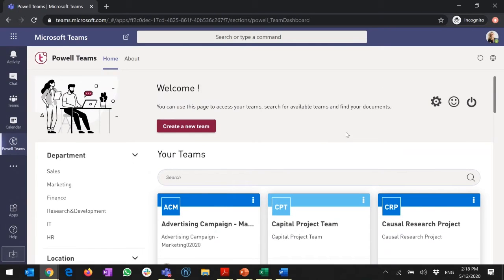Okay, so what I want to show you now is how do I create a new team with Powell Teams? Because obviously what we recommend to a lot of our customers is to just disable the ability of creating a team with the classic create a team button, so that your end user has to go through this application and has to use a company template to create a team. So here, if I go in